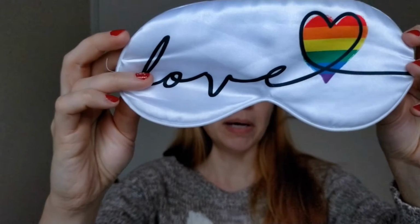And now I am going to go into my previous box and tell you what I thought of the items. So first, I had this Smug eye mask,